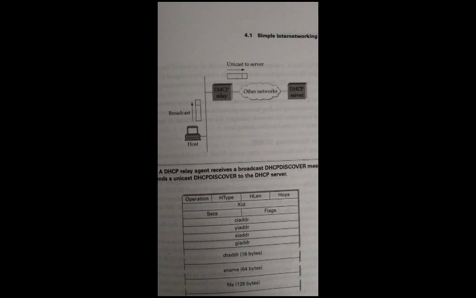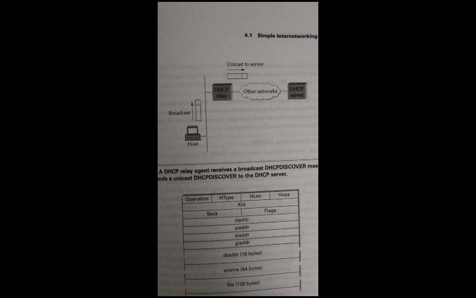The DHCP server is going to give the response and send back the message which contains the IP address. Now once again, the DHCP relay, after receiving this, on behalf of the DHCP server, is going to broadcast that message once again. Okay, this is your IP address. Now you can use this IP address for communication. The DHCP relay is going to send the message back to the host which has broadcast the DHCP message.